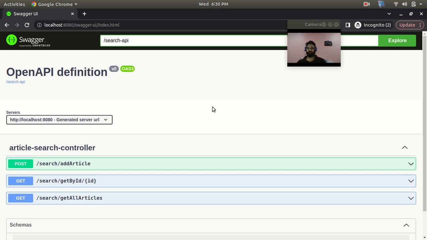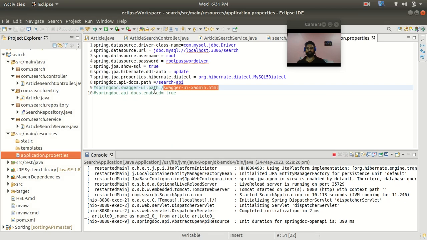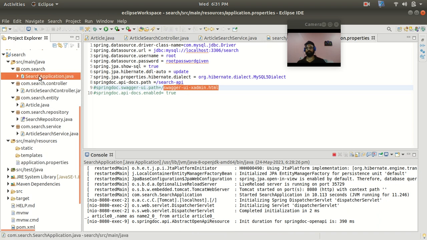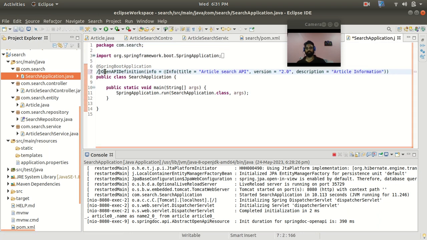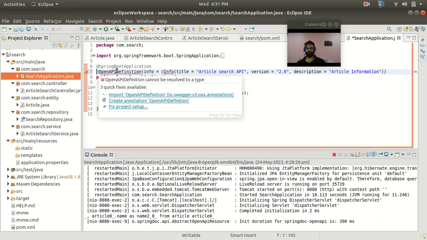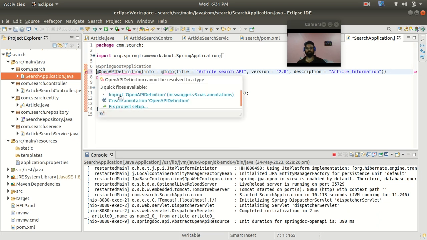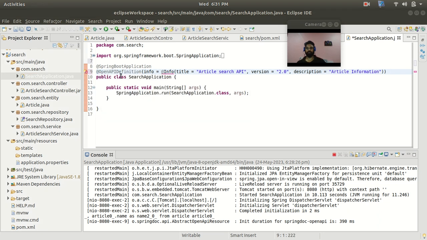Yeah. So now I will show you how you can customize your title and the other properties of your endpoint or the class. You can see that here you are using the OpenAPI definition, right? So let me go to Eclipse. In your main class, what you have to do is use this annotation, OpenAPIDefinition, and import it from io.swagger. This is one of the annotations you can use, and then info equals to add the @Info